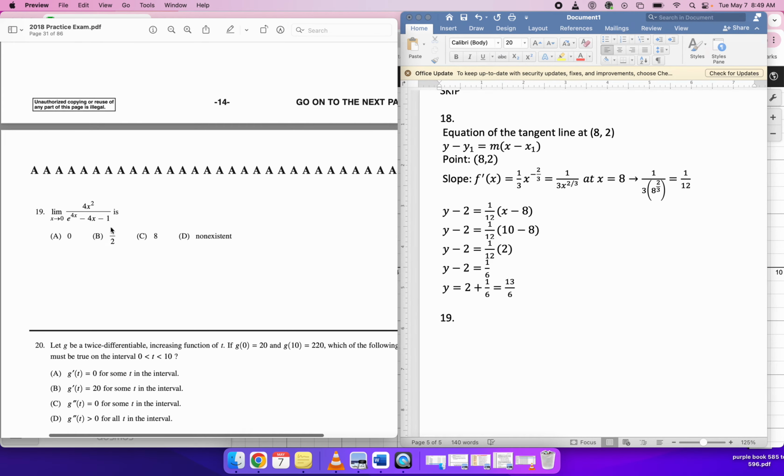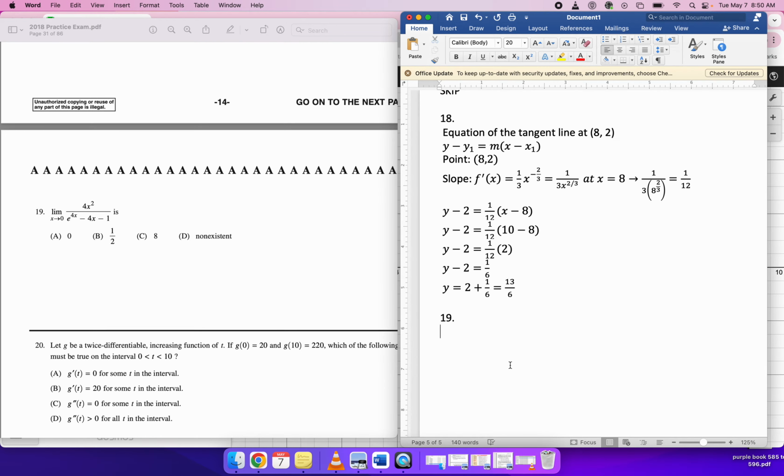19. Limit as x goes to 0. If you plug in 0, you get 0 over 0. No surprise there. So you can either try to simplify or use L'Hopital's rule. I don't see a way to simplify, so I'm going to do L'Hopital. Take the derivative of the top and the bottom. That's 8x over 4e to the 4x